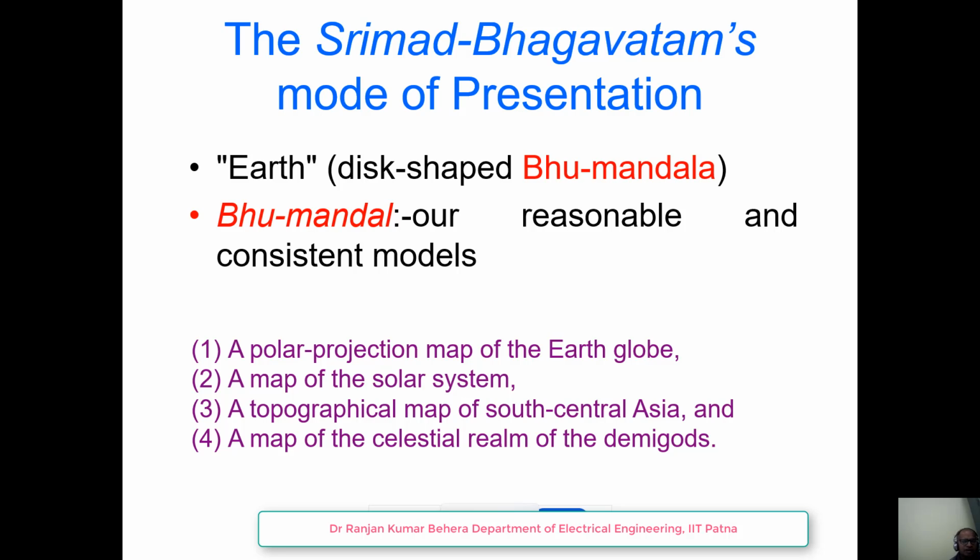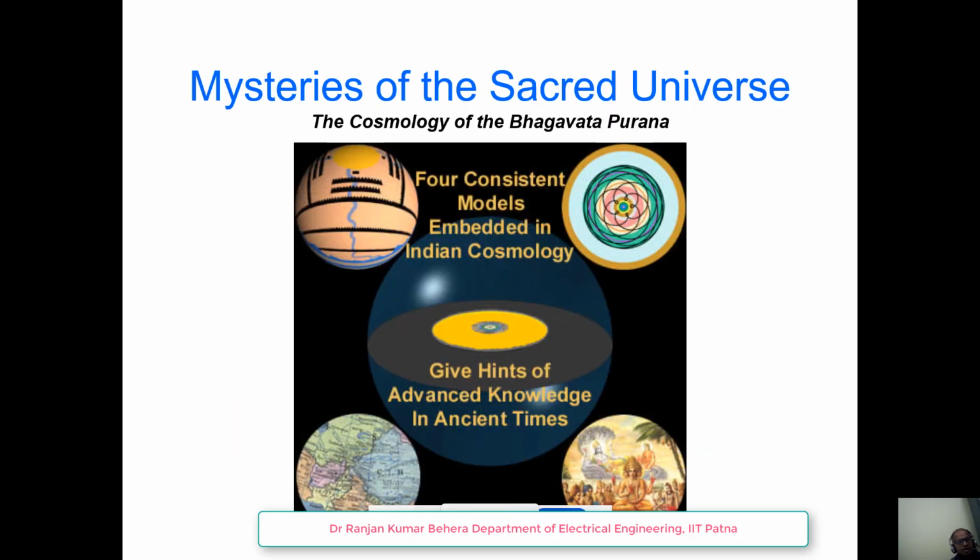Why is it called Earth? Because the most containing parameter is Earth. So if you see Vedic cosmology, the four consistent models embody the advanced knowledge of the Indian system. You find the fourth model according to the Bhagavata Purana, and you can see that this is one universe,